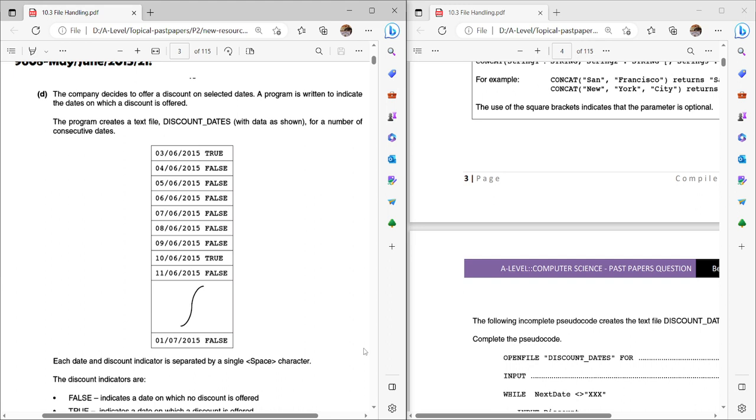I have tried to select the question that can cover the different aspects of file handling, and you will be able to experience the different questions related to read, write, append, with different scenarios. So in this question you can see the company